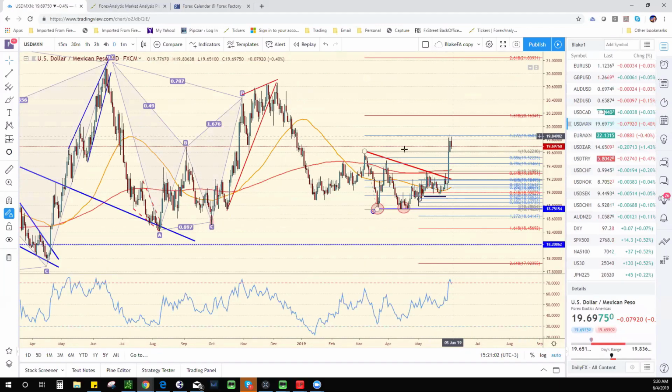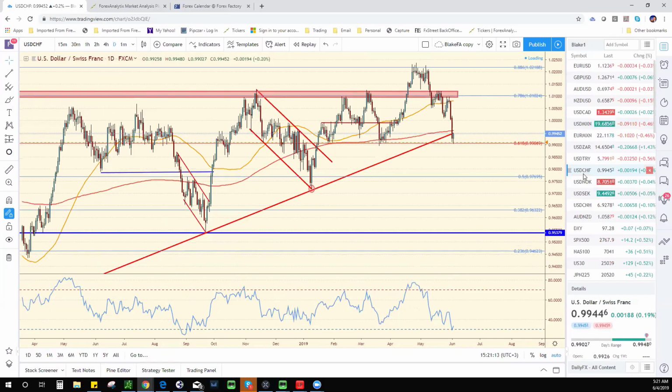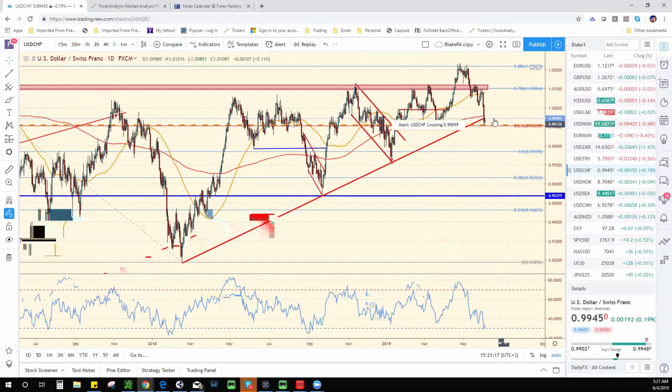The peso stalled at the 127% extension of this big move, and it may hold. I'm not really dealing with the peso right at this moment, and also the Swissy. The Swissy broke this big major trend line and broke below the 200-day moving average. I'm not trading the Swissy short here, but I still think it looks very vulnerable. The risk of a continuation lower in the Swissy seems possible, but I wouldn't be shorting it here unless equities were moving lower,